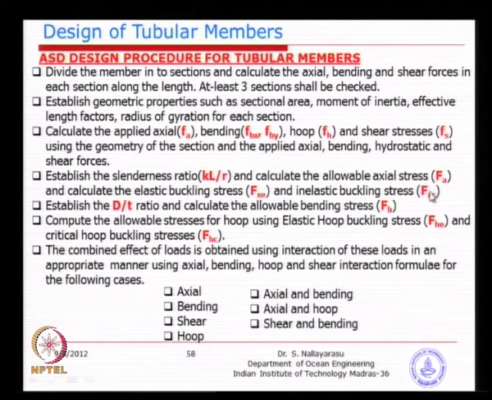The inelastic part is Fxc, and basically that name is changed to critical, Fhc. So, there are 4 sets of buckling stresses: one for axial loading, the other for hydrostatic, each with an elastic part and an inelastic part, that means elastoplastic. Inelastic is nothing but beyond the yield part that you are looking at.